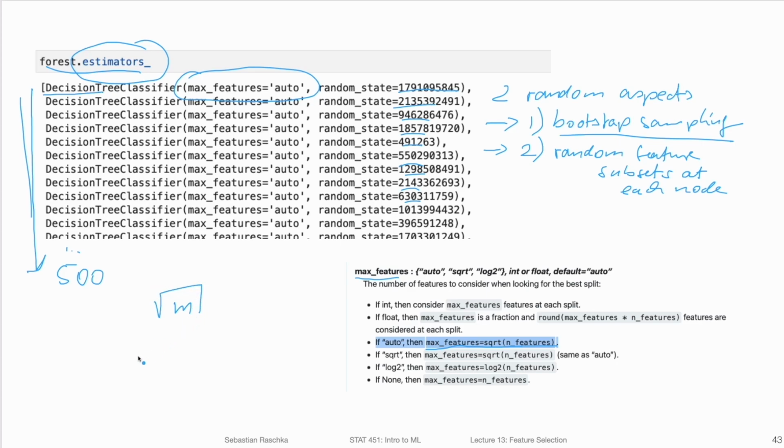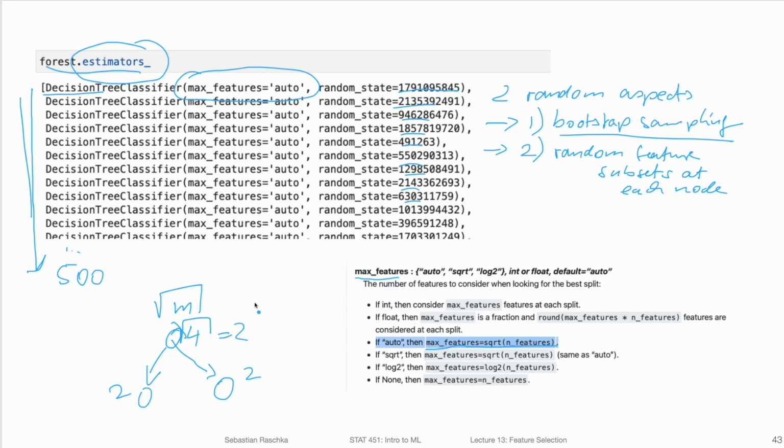So let's say we have the iris data set with 4 features. Originally, a decision tree would only consider square root of 4, so 2 random features at each node. So in that way, each decision tree would be slightly different from each other.